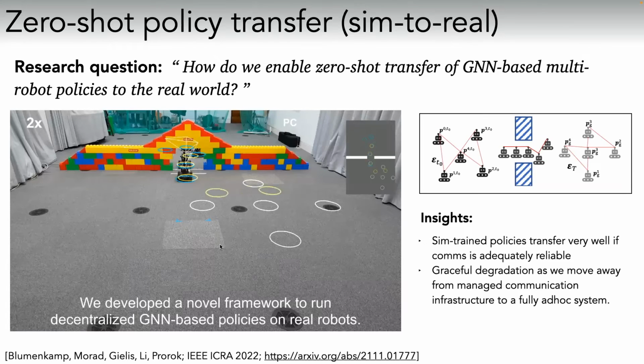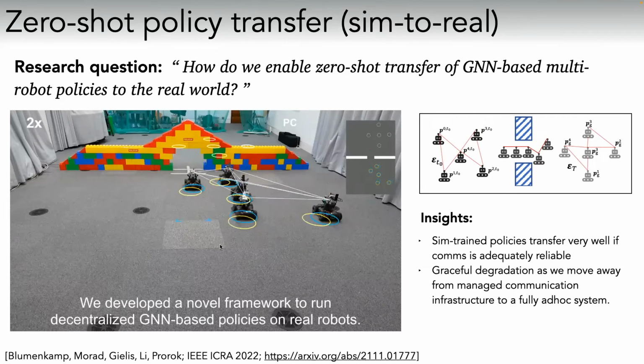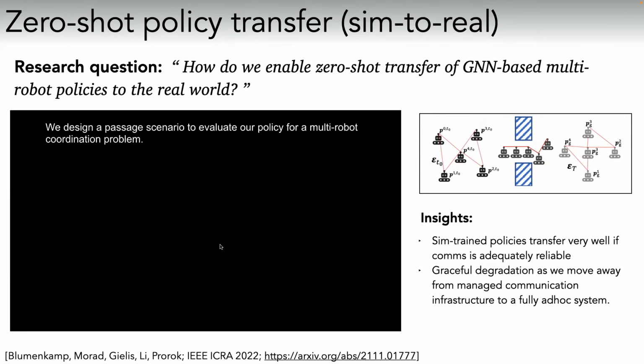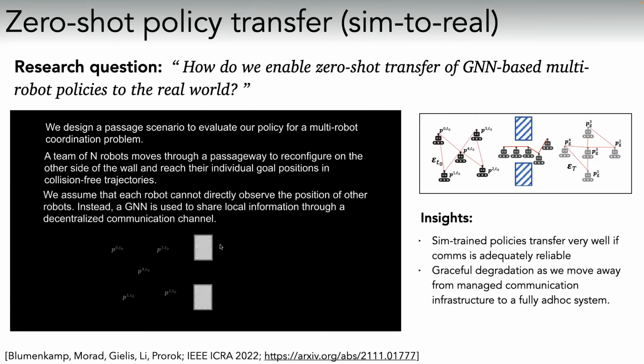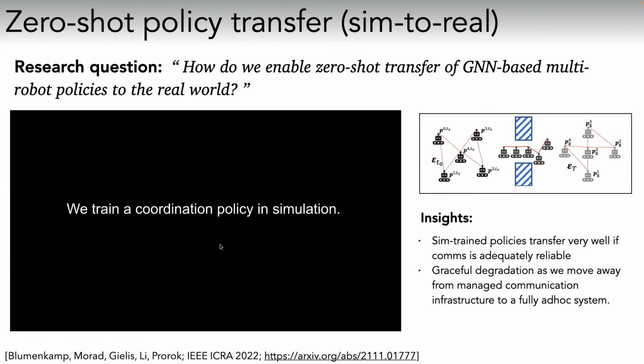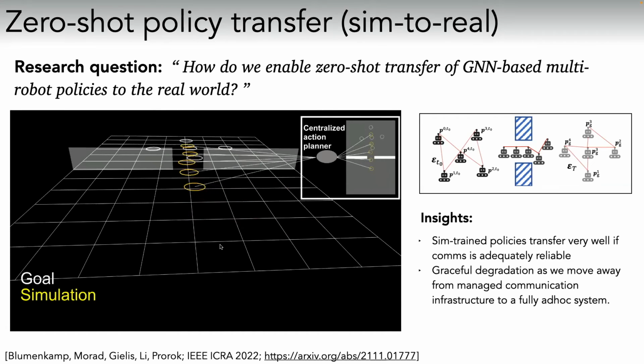And I'm not going to show you quantitative results now, but what you can see qualitatively here is the overlay of what we'd expect to happen in a centralized system versus what our robots are actually doing in the real world. And the good news is that there is a performance degradation, but it's graceful. It's graceful across these 4 different modes. So the more we relax our assumptions to what happens in the real world, the more our makespan will actually shift to slower systems, but we're still achieving the task.